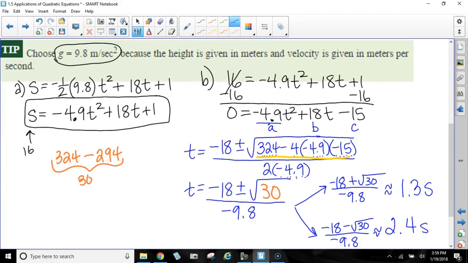Now, one of these times is on the way up after Jerry launches it, and one of these is on the way down. The problem asked us for the time on the way up when George will catch the marble rye. It took him 1.3 seconds to launch that up to him in the third story window. Okay, let's finish up the section